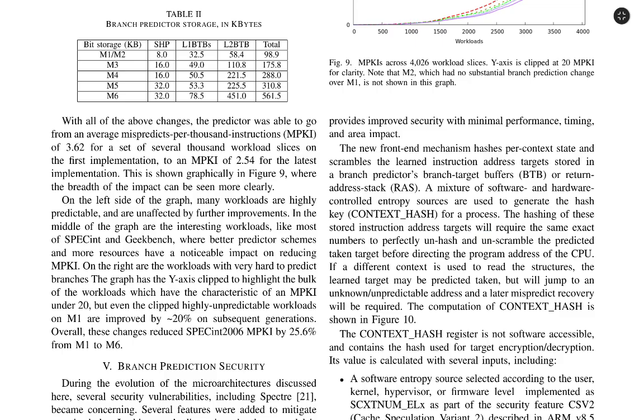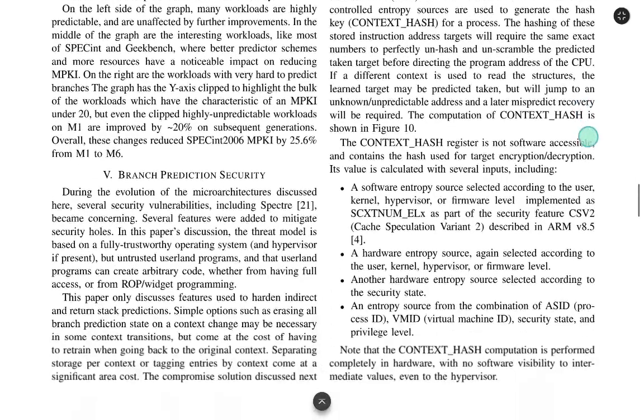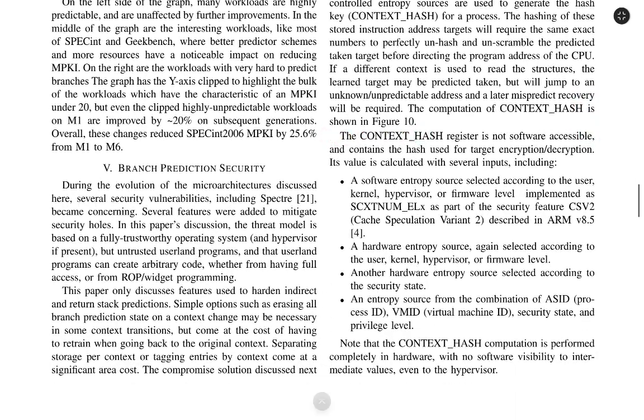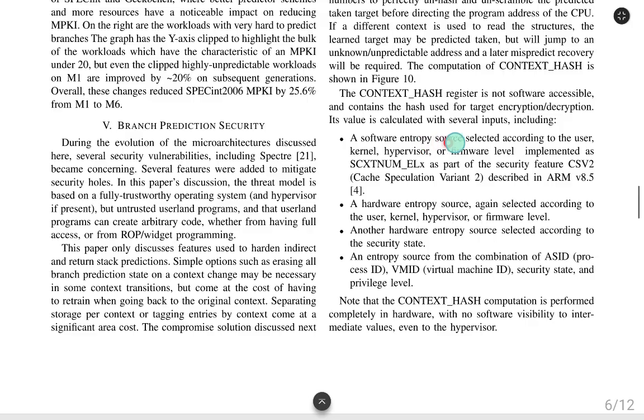If a different context is used to read the structure, the scrambled target may be predicted taken but will jump to an unknown, unpredictable address, and a later mispredict recovery will be required. The computation of the context hash is shown in figure 10. The context hash register is not software accessible and contains the hash used for target encryption and decryption. Its value is calculated with several inputs, including a software entropy source selected according to the user, kernel, hypervisor, or firmware level, implemented as a